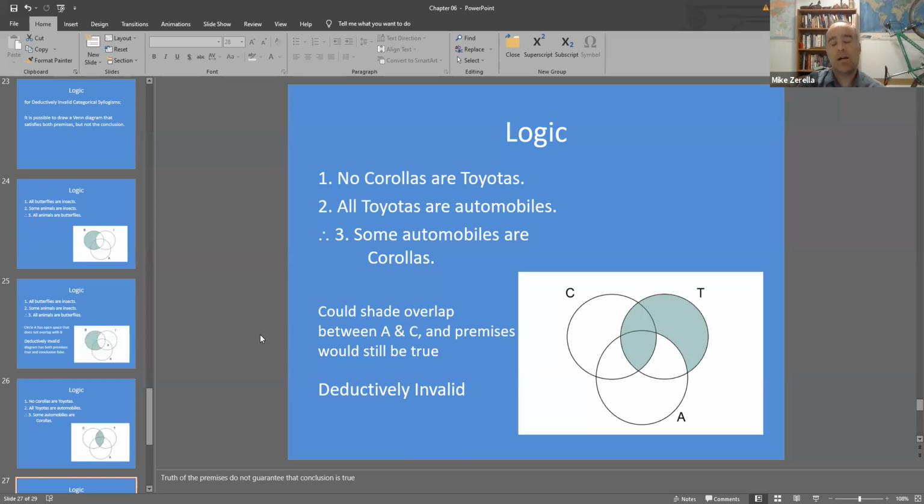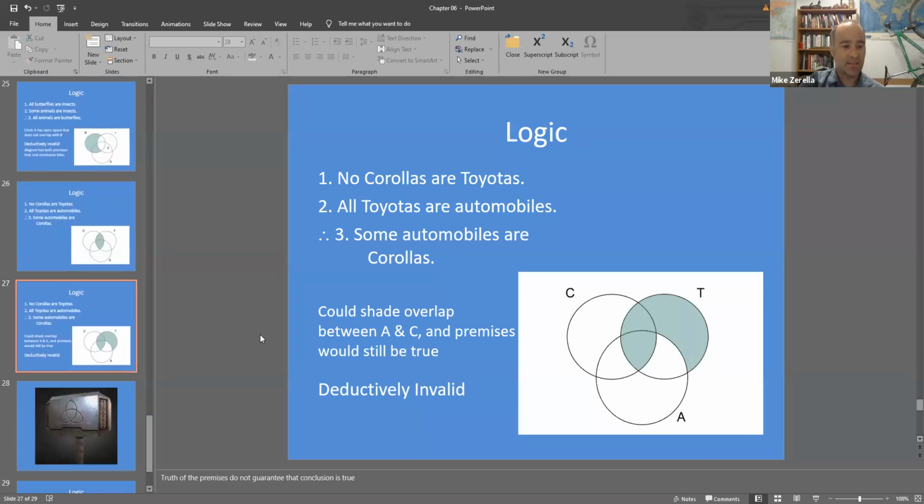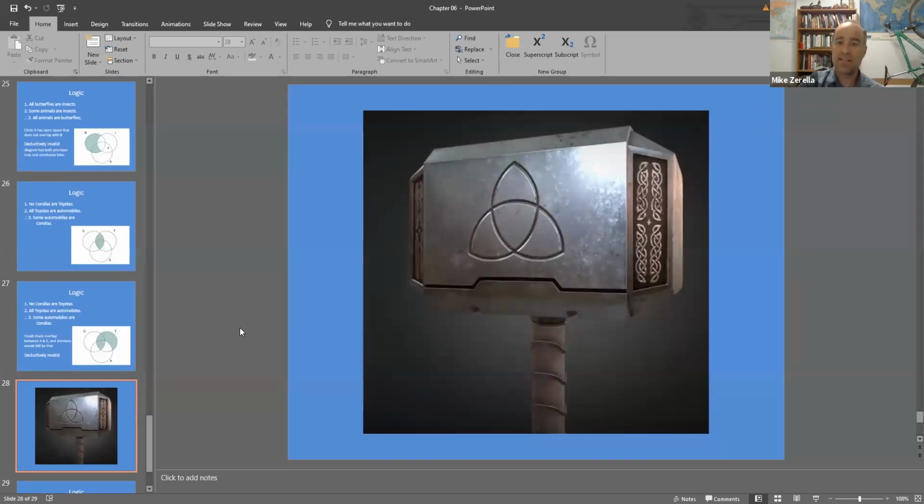Okay, so that's sort of the basic Venn diagram method for determining the deductive validity or invalidity of these categorical syllogisms. And I just couldn't help but notice that their standardized Venn diagram form